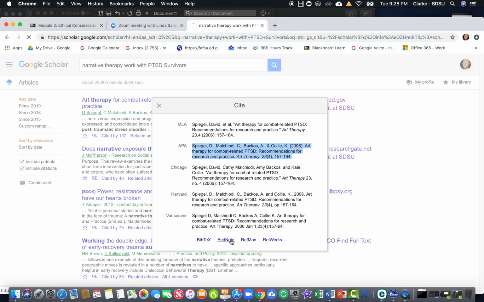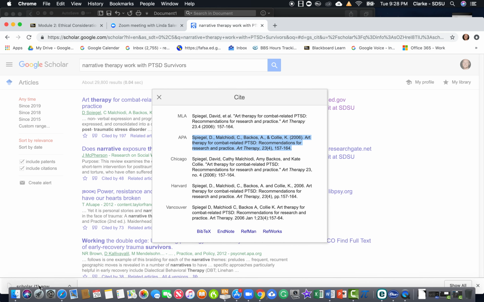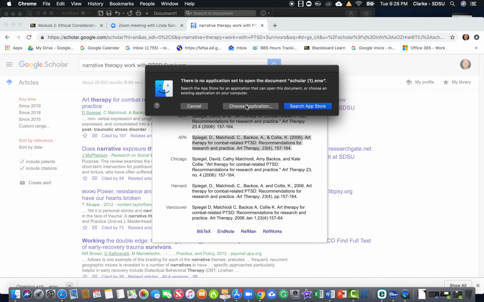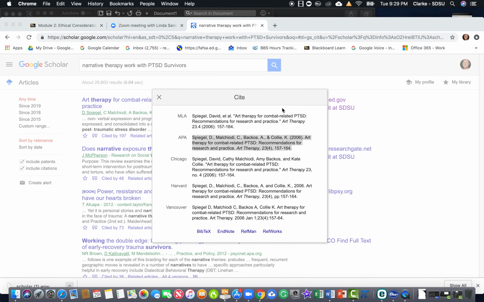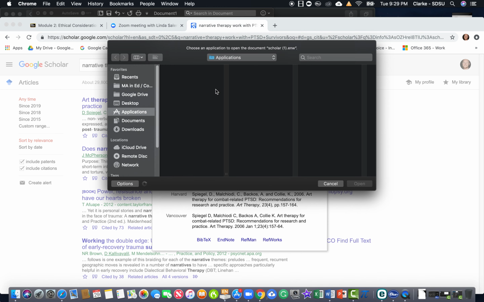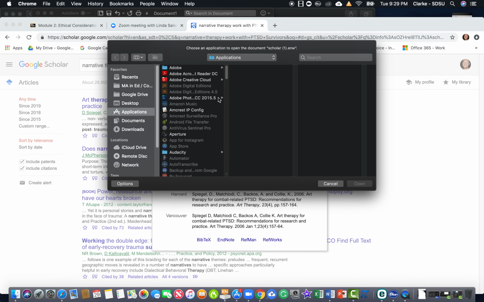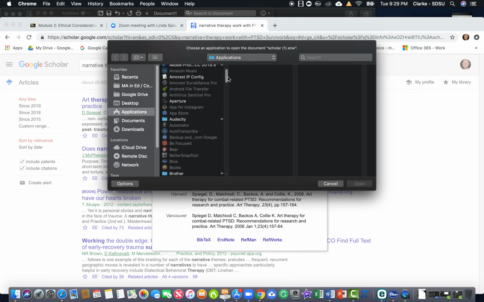Now, if you were to click EndNote here, it was going to download a file, which then you can open. And let's choose application. If we were to choose EndNote, then this should load all of that information into my EndNote application, and that's kind of cool for a variety of reasons. It provides me a place to organize my articles. It also provides me a place to actually highlight on the computer and annotate on the computer those articles and